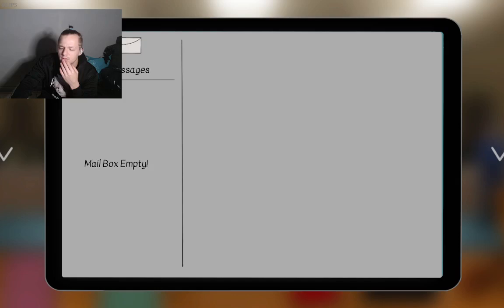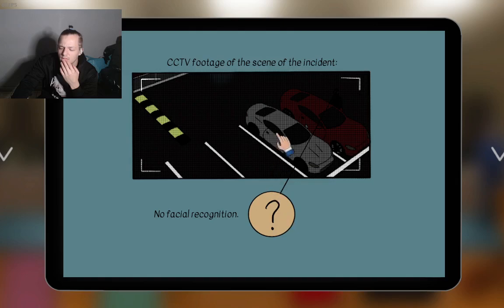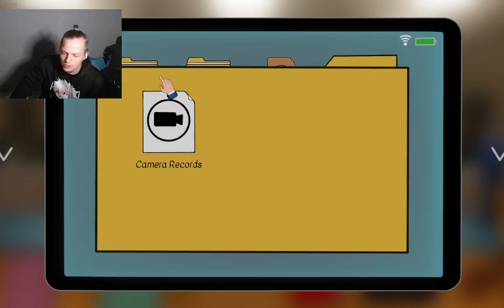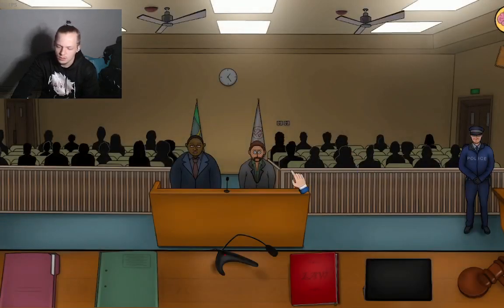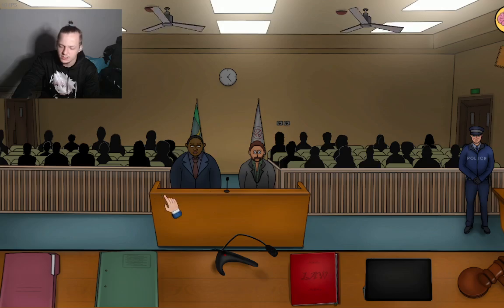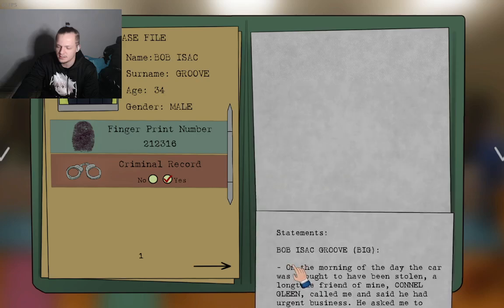Anything. Nope. No facial recognition. So, God almighty now, come on. So it's not his fingerprint on the thing. So what does that mean exactly?